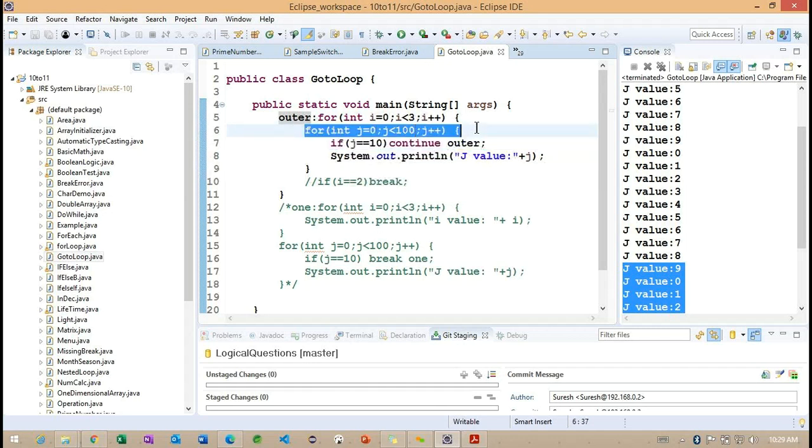The remaining 90 iterations are terminated. Again, it will go back to the outer loop. So why is it going to the outer loop here? Because we are working with the label called outer here.